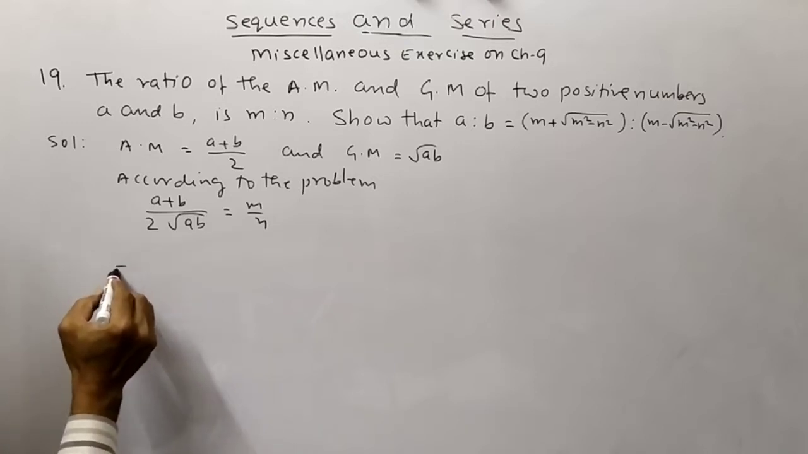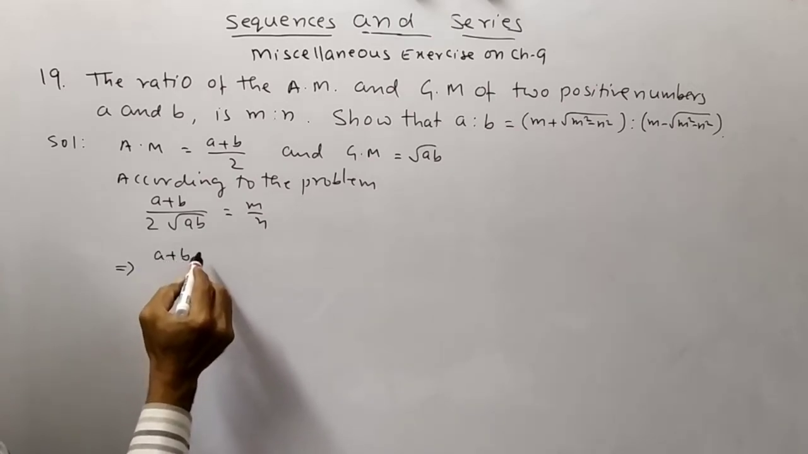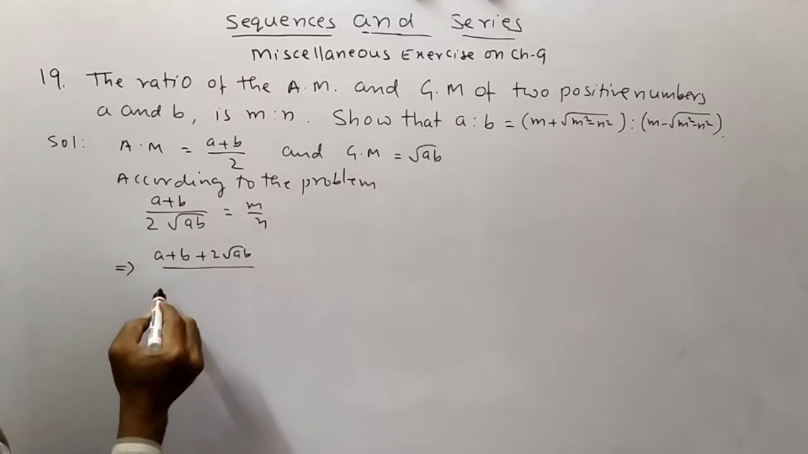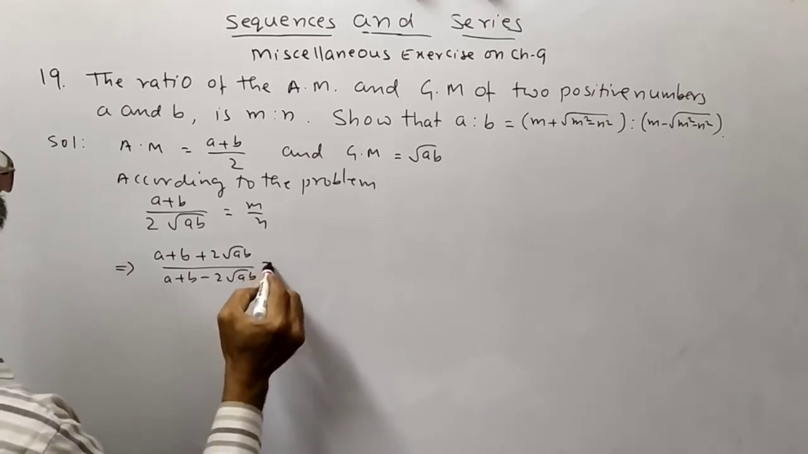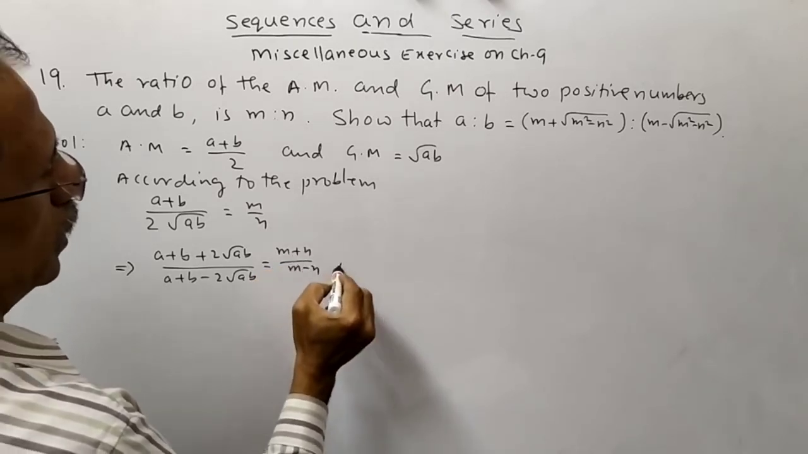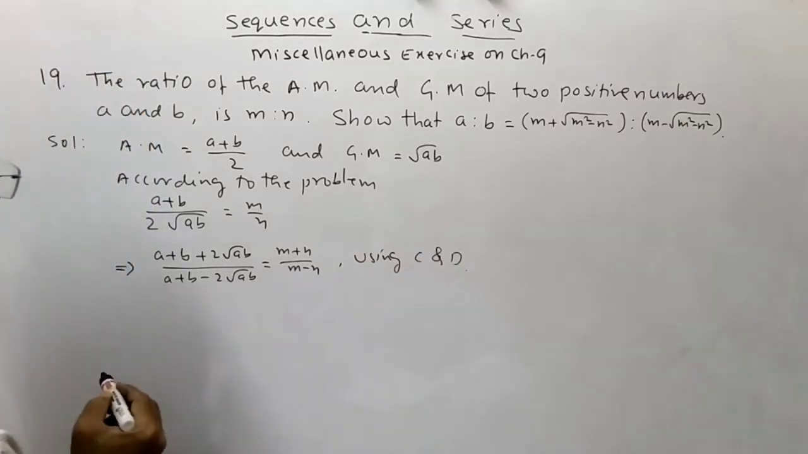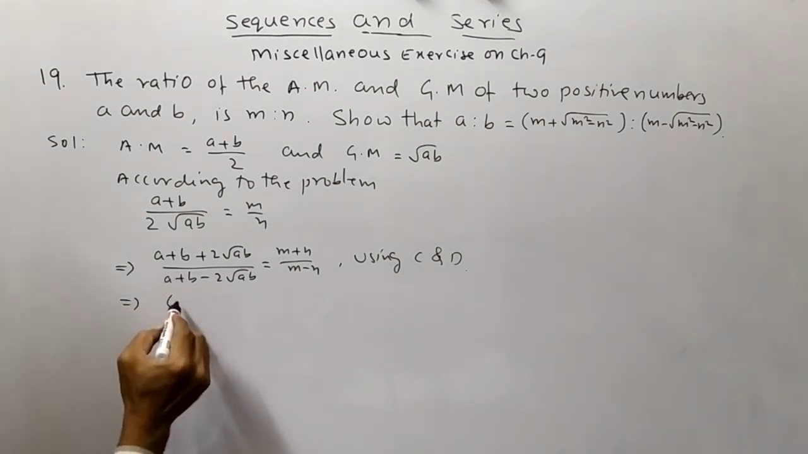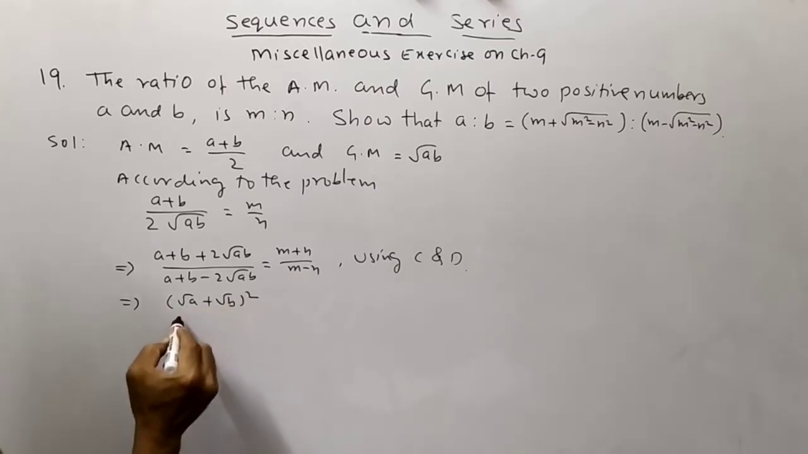Using C and D, that is componendo and dividendo, we will get (a plus b plus 2 root ab) divided by (a plus b minus 2 root ab) is equal to (m plus n) divided by (m minus n). This is nothing but an expansion of (square root of a plus square root of b) whole square